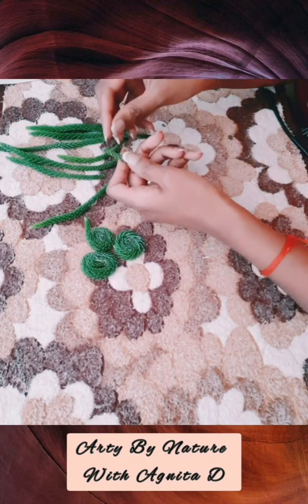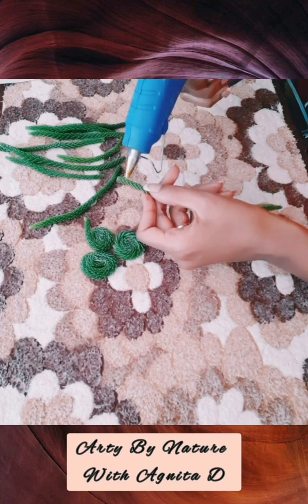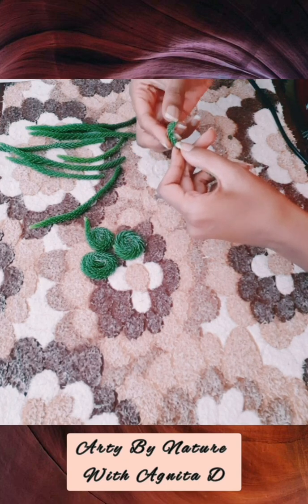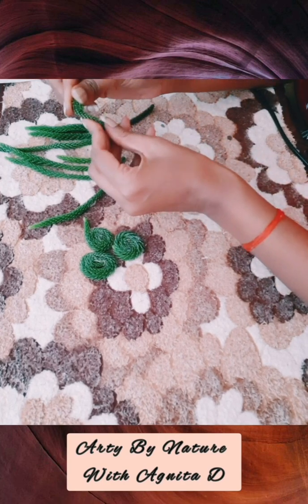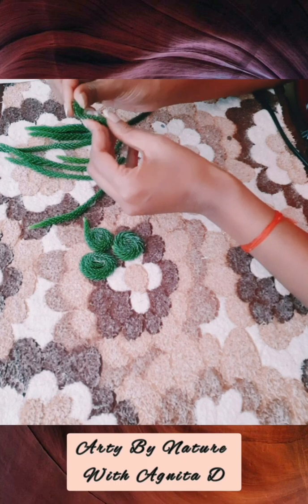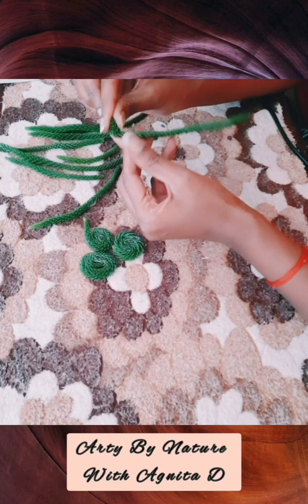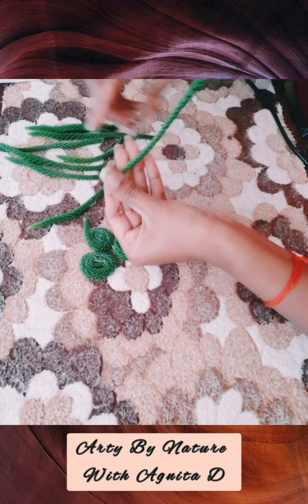Okay, so now I use a hot glue gun. It's the best. It works. It holds it because it's a lot of stringy here. So you need a good glue support to hold it. So I'm going to use the base of the leaf and just stick it on. I'm just going to hold it on as if I'm going to form a ring circle. Okay, and as soon as it's holding on and has a bit of support,